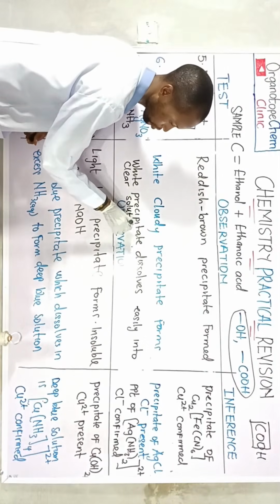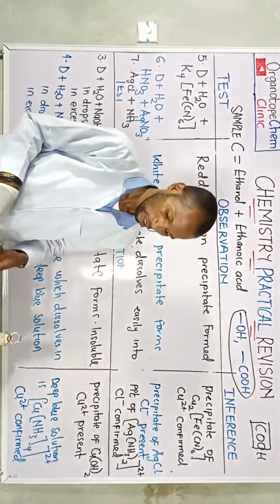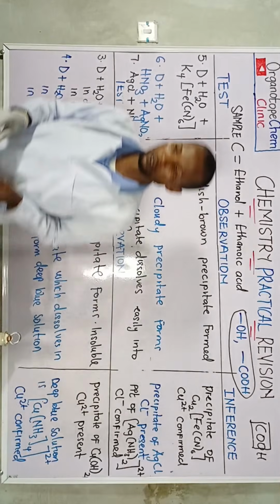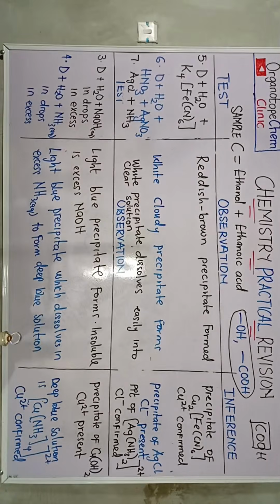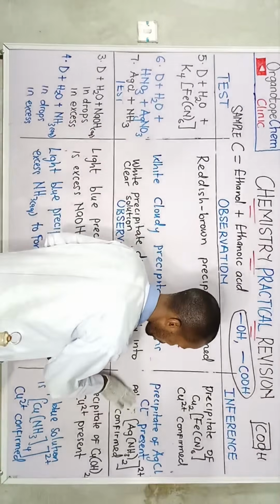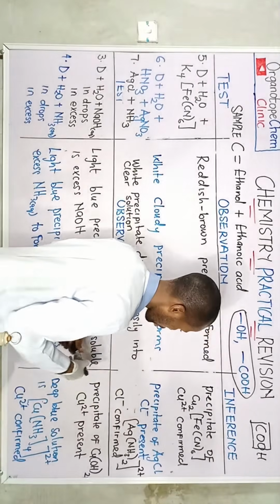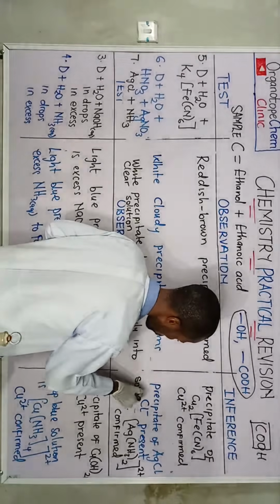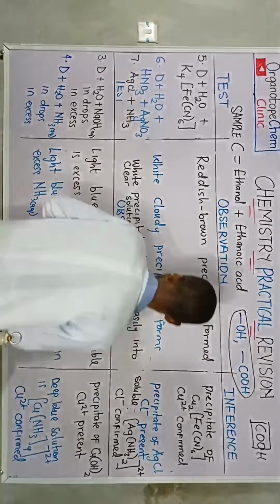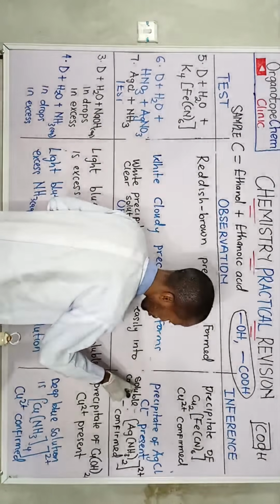Since we've written white precipitate dissolved easily into clear solution, we can proceed. Please permit me to adjust this. Write soluble complex. Soluble, since it has actually formed a clear solution. Write soluble complex